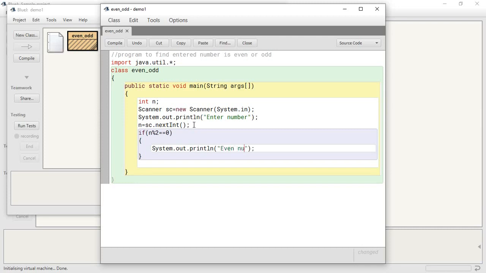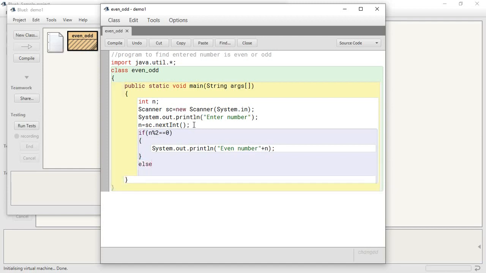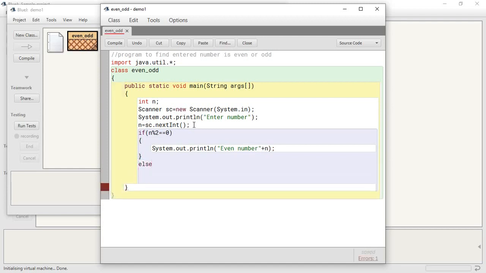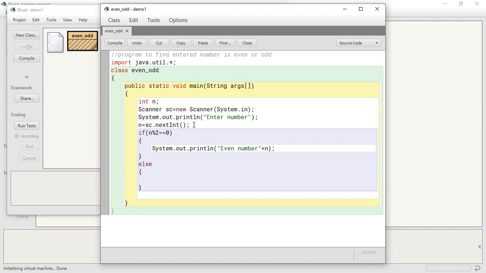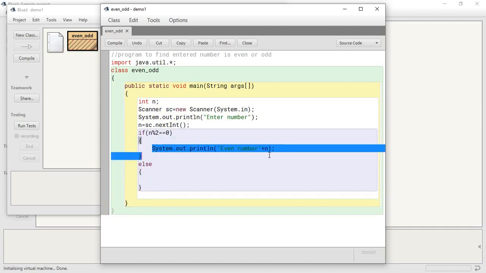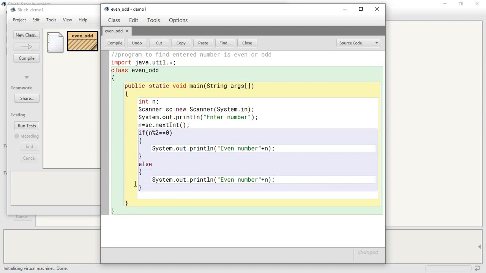System.out.println even number plus n, else odd number.